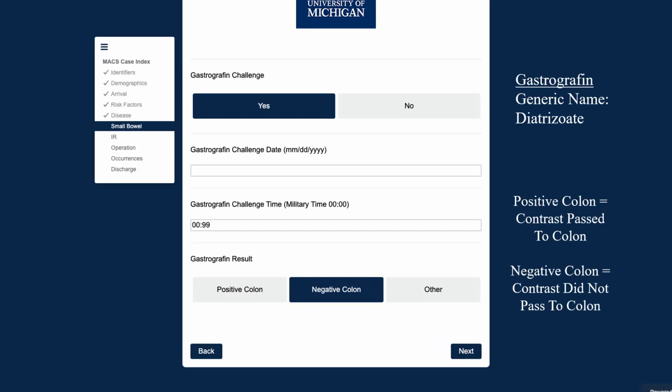The next question will ask whether or not a gastrografin challenge was given to the patient. Gastrografin is an oral contrast agent that can be used to try to relieve a bowel obstruction conservatively without surgery. If gastrografin is given and an X-ray shows contrast in the colon, this is called a positive colon result. If no contrast is seen in the colon, it's a negative colon result, indicating that the small bowel obstruction is